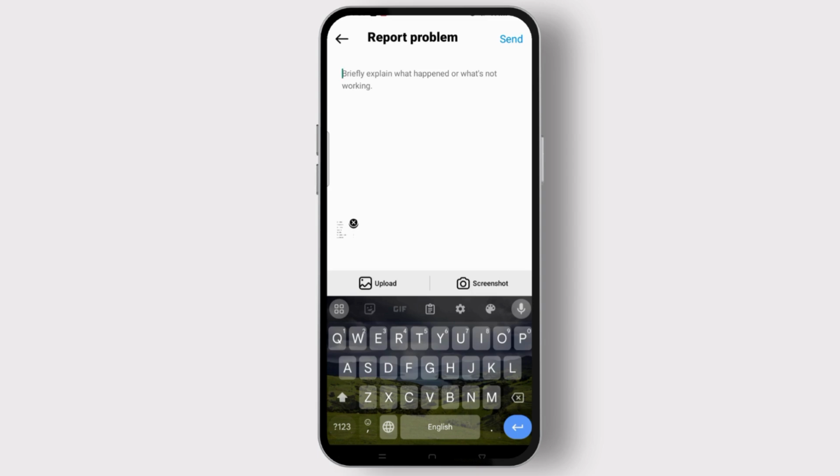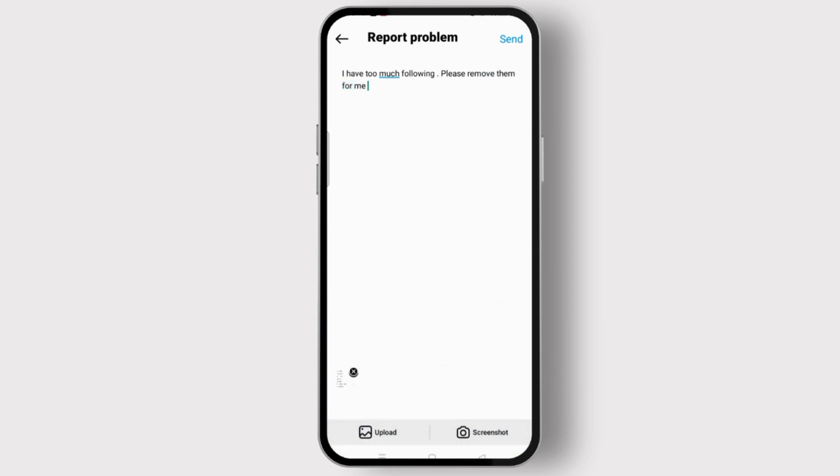Here you can easily write the reason for your issue or why you want to report a problem. You can write the reason to remove followers all at once on Instagram. So you can write here, I have too much following. Please remove them for me. And here you can also upload a screenshot of the issue